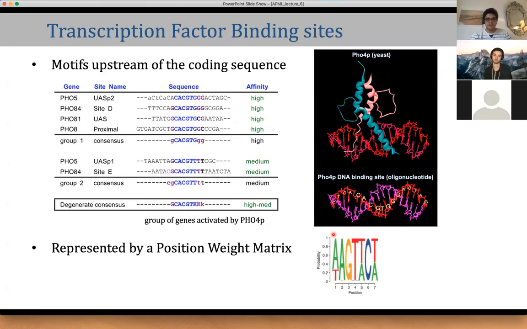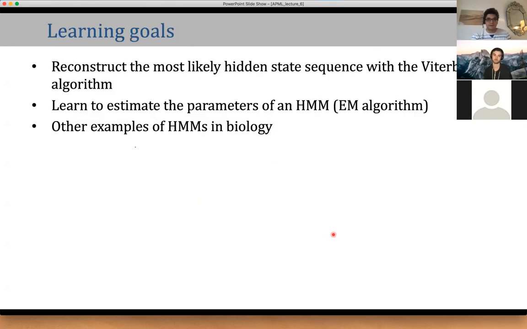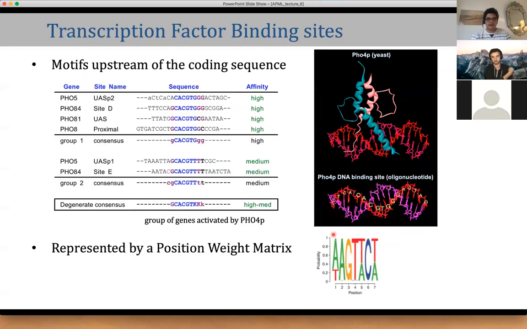And I wanted to show maybe 2 examples of the HMM in biology fast, if you have 5 minutes, if it's okay with you. Okay, Julian also? Yeah. Okay, so I just wanted to give 2 examples of HMM in biology. I have 3, but I will just start here with what we call transcription factor binding site.